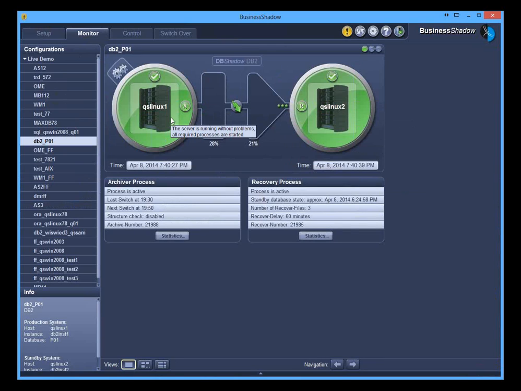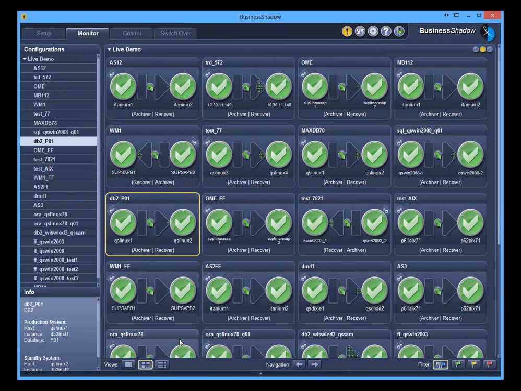And one of the big steps we took, we started in 2005, but it took us until probably 2008 until we had it to this step, is the concept of managing multiple systems, that you see a landscape representing your complete environment and the replication status of all those different systems. So there's a single system view, a group view. So I put everything in one group called live demo, but you can split it up into, say, like each